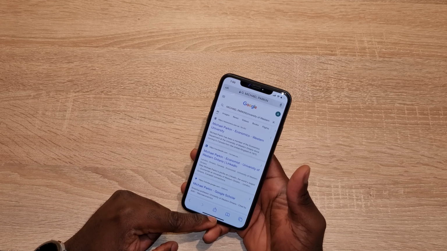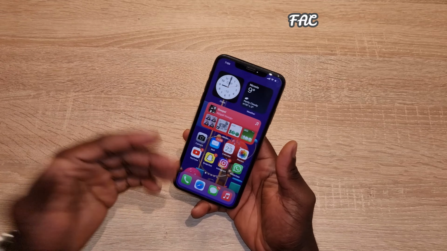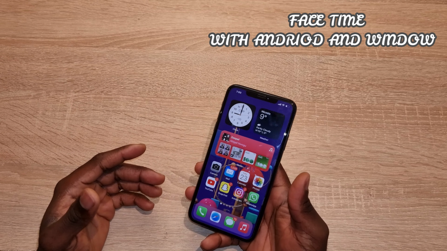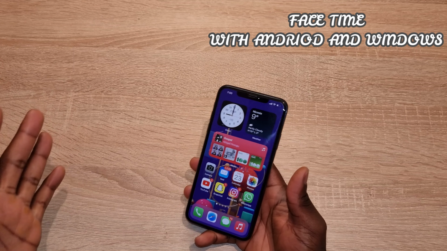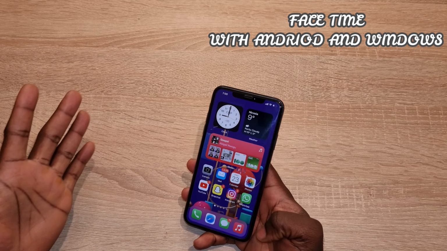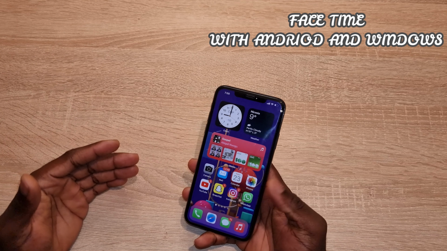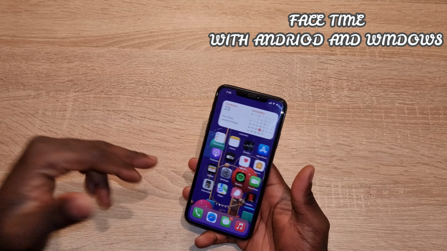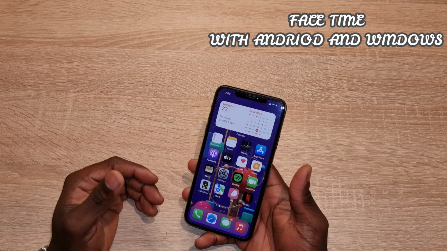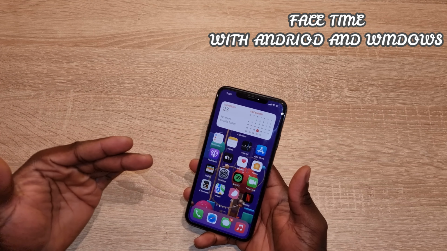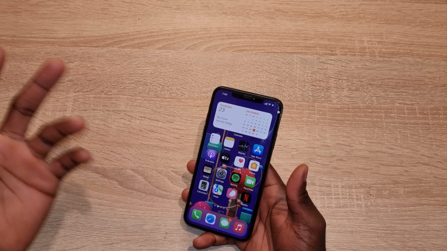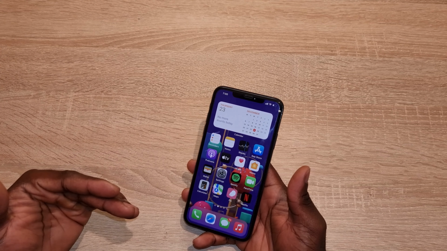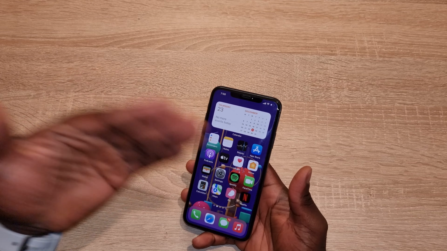So next up, it's FaceTime. FaceTime is one feature that is exclusive to only iPhone. If you want to FaceTime, it has to be from iPhone to iPhone. But with FaceTime, Apple has introduced other platforms to join. So for instance, if you're using iPhone, you can FaceTime with someone that's using Android. You can FaceTime with someone that has Windows